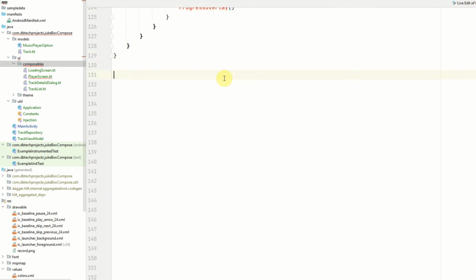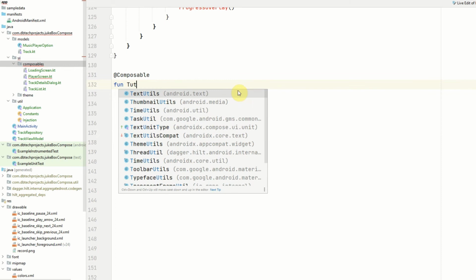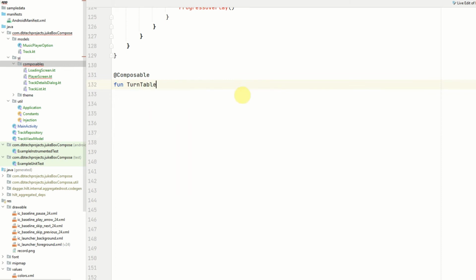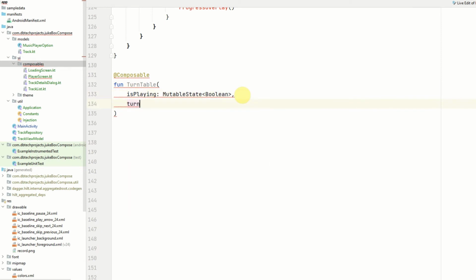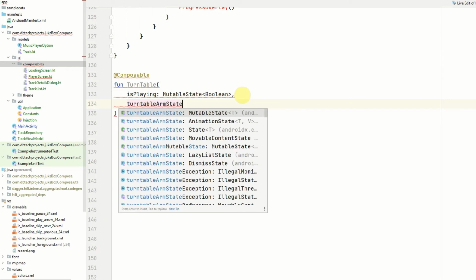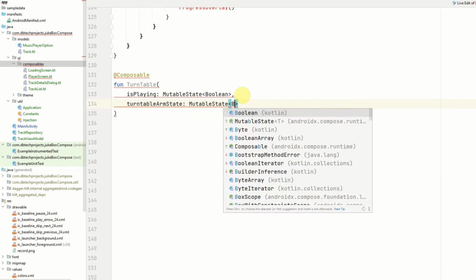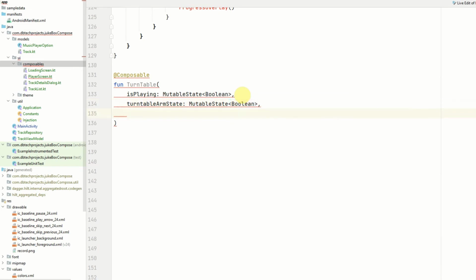And after the music player, we can create our turntable, which is another composable function. So turntable, and this will take 3 parameters. The first one is playing, next is the turntable arm state, and that is again a boolean, and the final one is turntable arm finished,